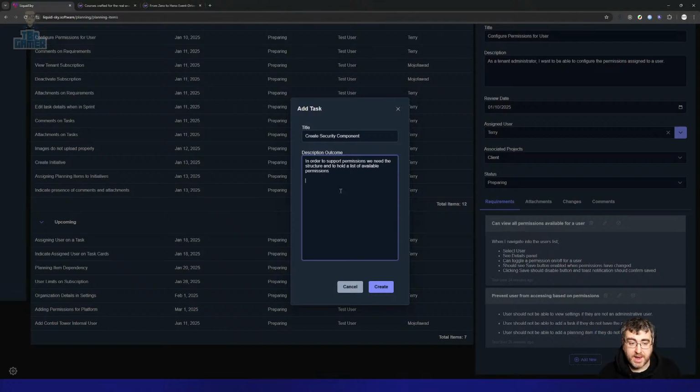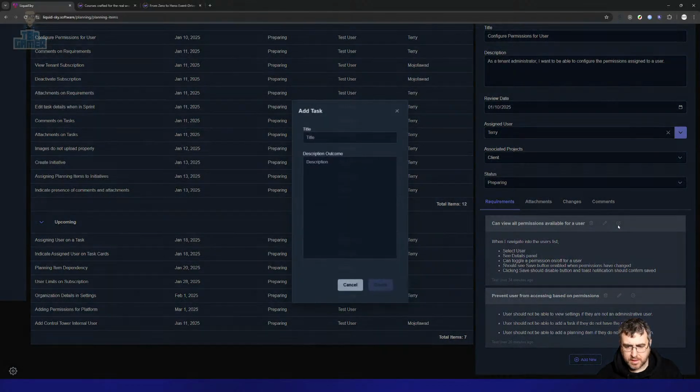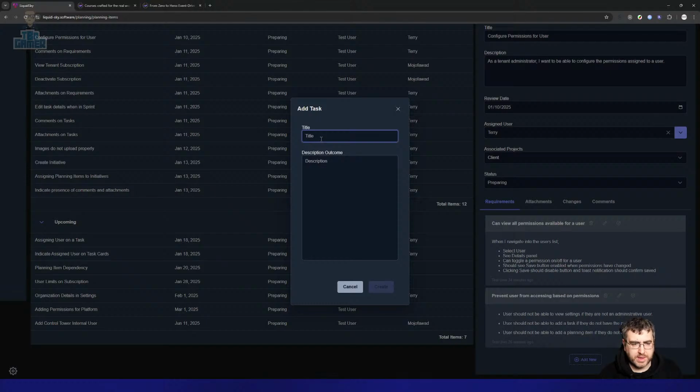Permissions. You can't edit tasks, so create structure, create database, script permissions. Let's do that. So once we've got that, we need to create API for setting permissions on user, tenant,